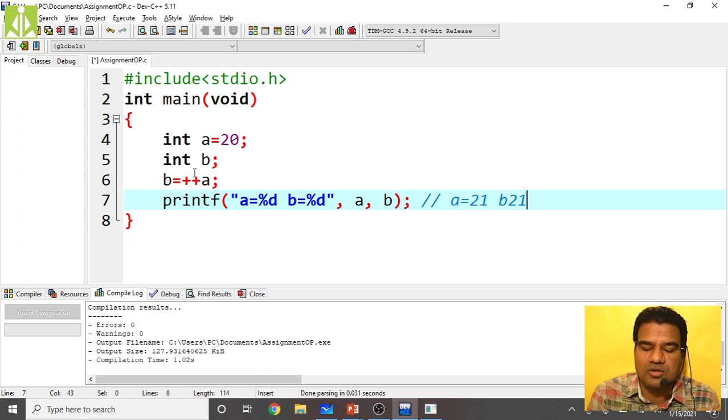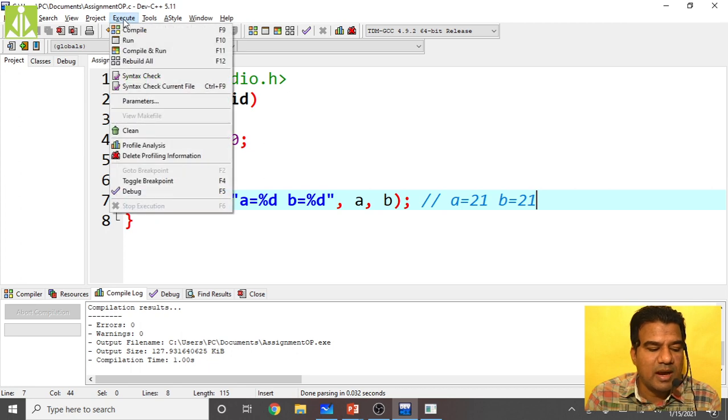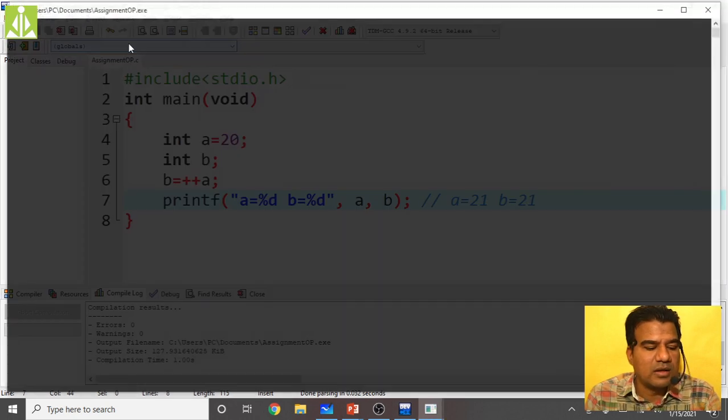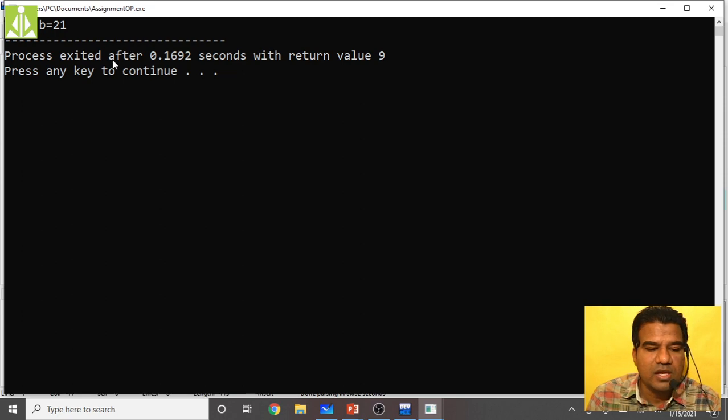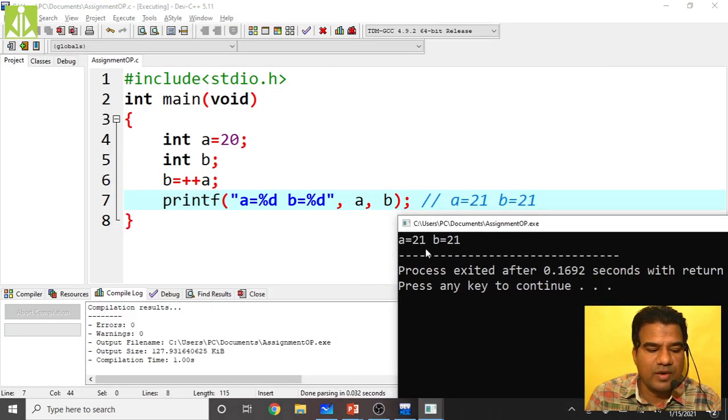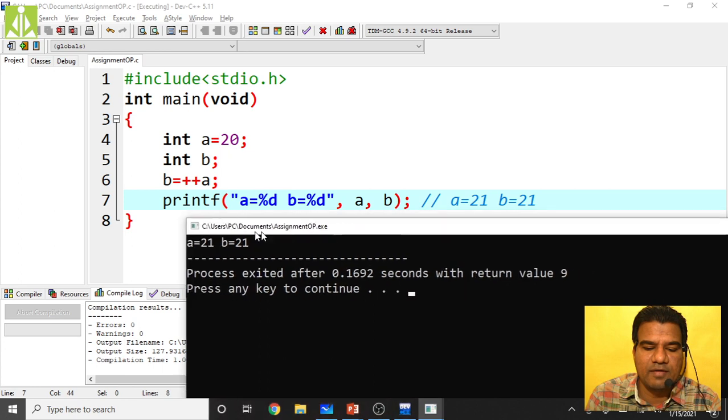So b value will also become 21, because a already got incremented, and the same thing we are assigning to b. In that way, the value of a will be 21, and the value of b will also be 21. So compile and execute. Run. You can see here a value 21 we are getting, and b value also 21 we are getting.